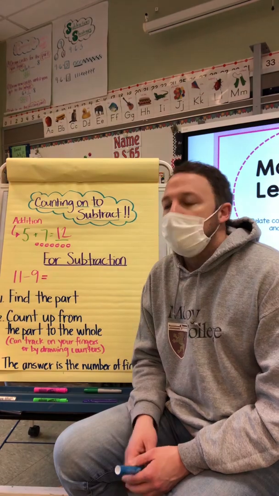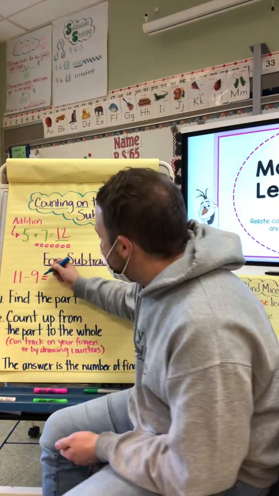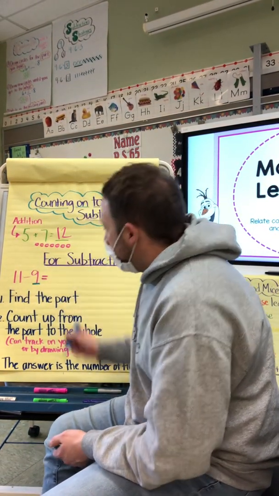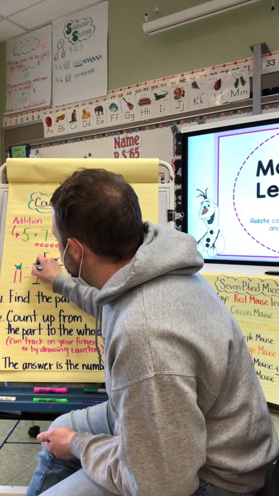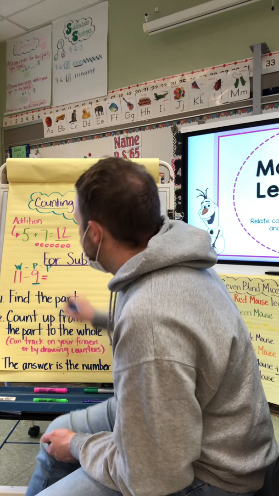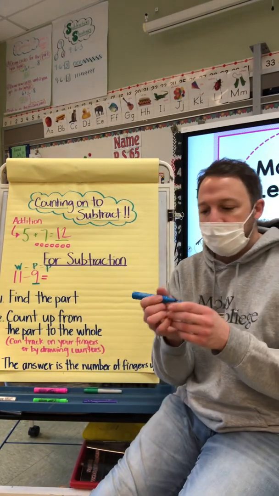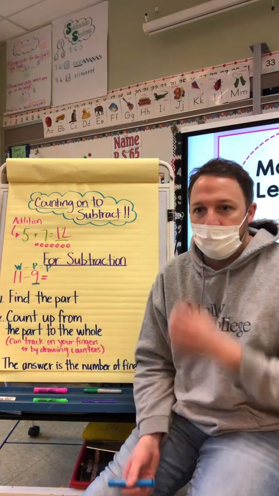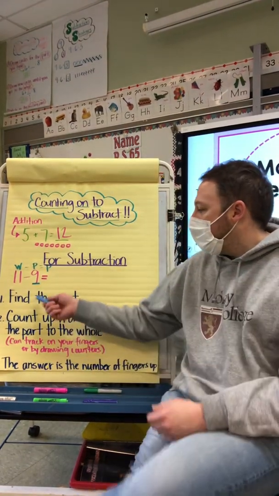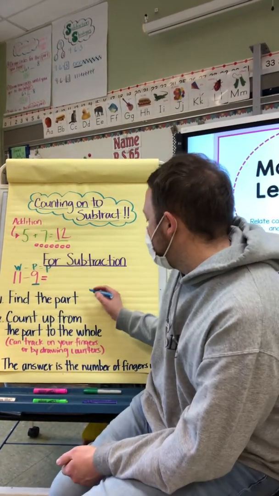9, thank you. So find the part. The part is 9, because in subtraction, it's whole minus part equals part. Which at this point, everyone should know because we've done it many times. Okay? So now I found my part. My part was